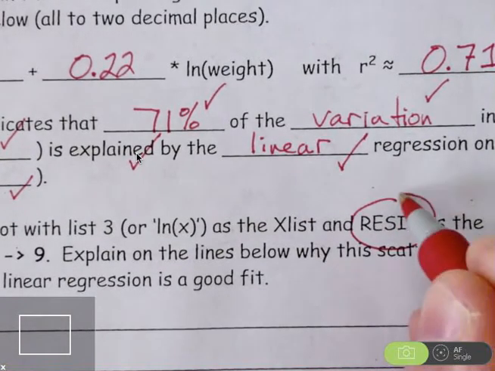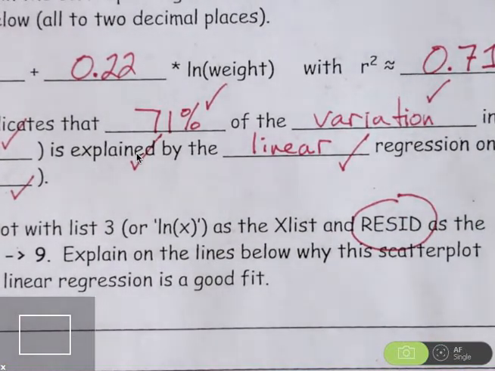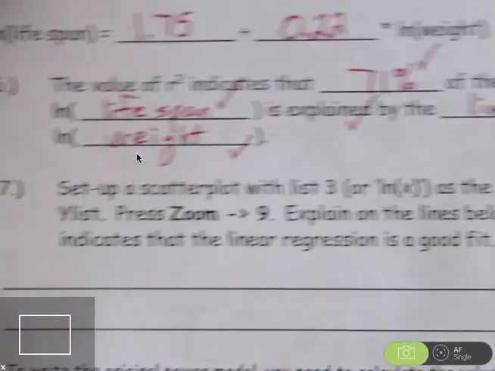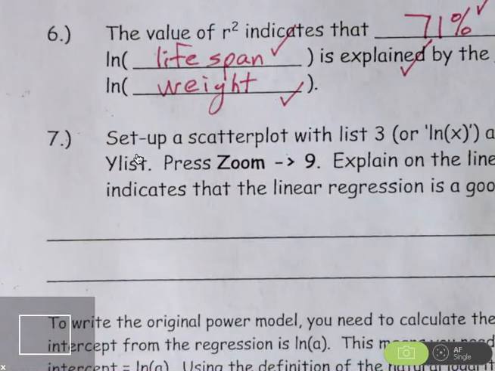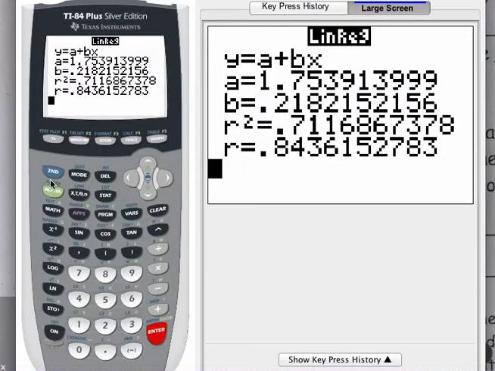We're going to make that our y list, and we'll zoom 9 this. Again, we want to look at this to see if our model here is a good fit. This is a residual plot, so I'm hoping to see a relatively scattered residual plot. Let's take a look. So on the calculator, second